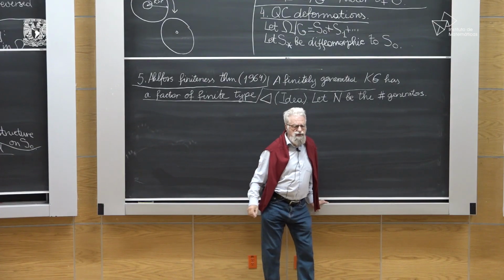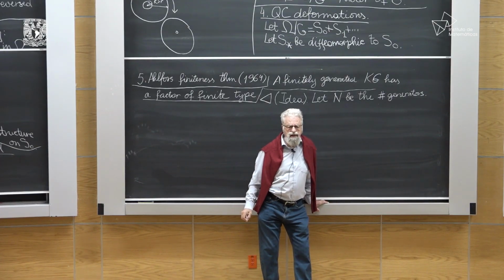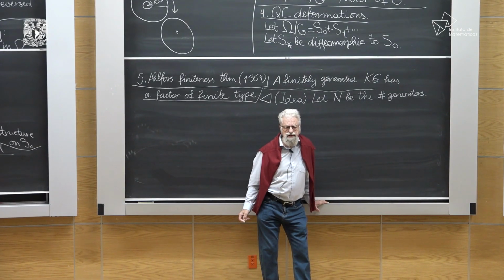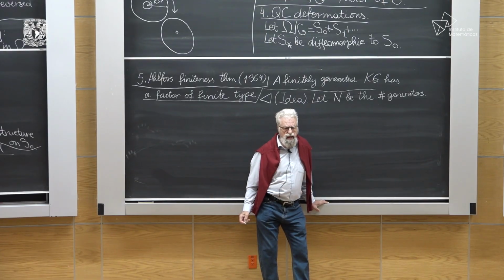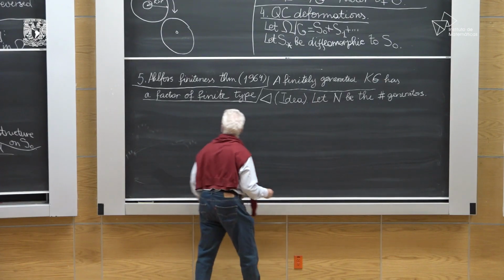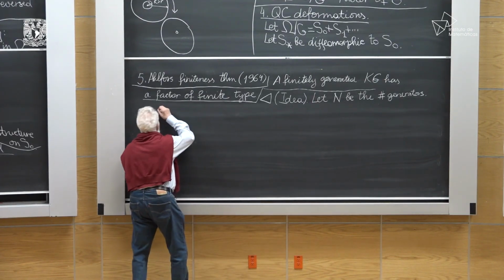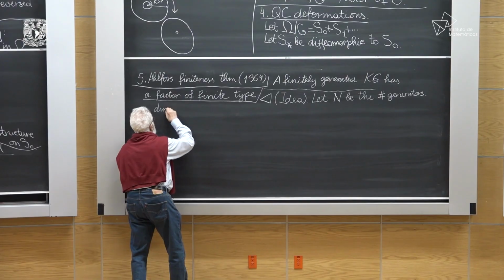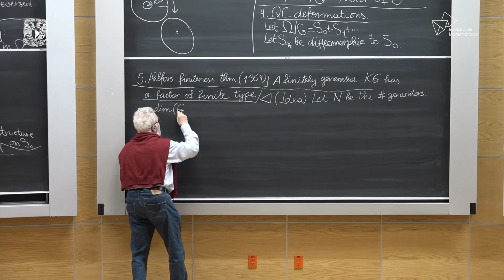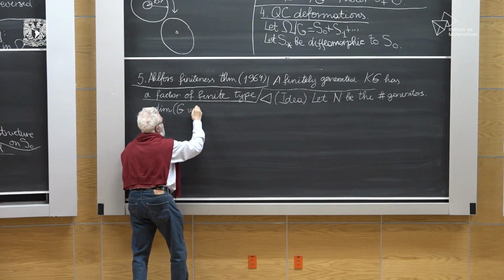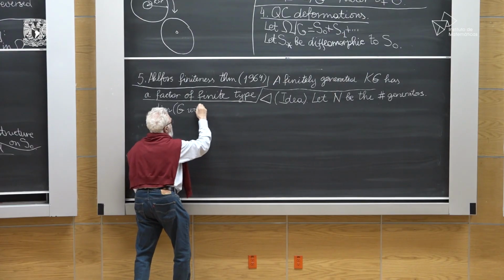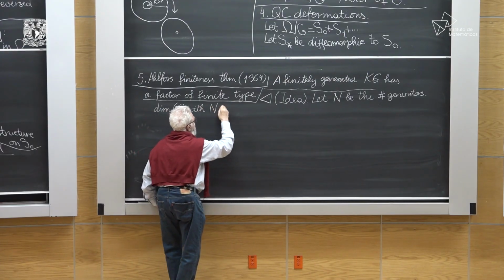Any Möbius transformation is characterized by three complex numbers. So the dimension of the set of groups G with n generators